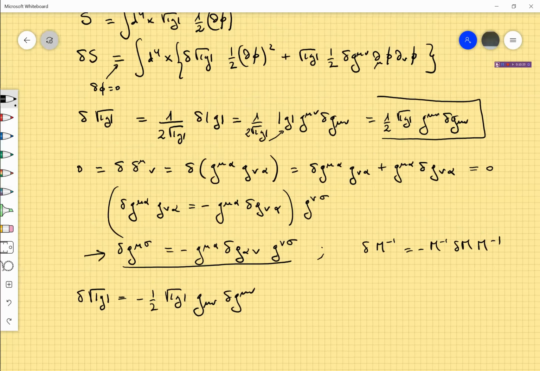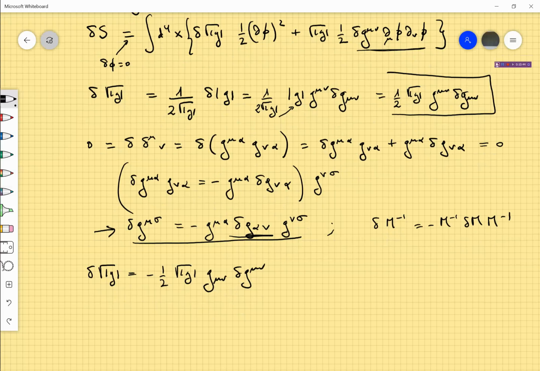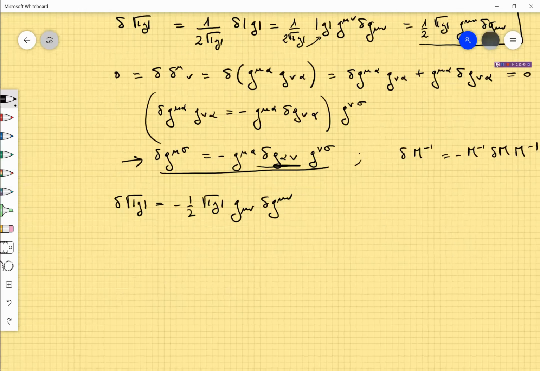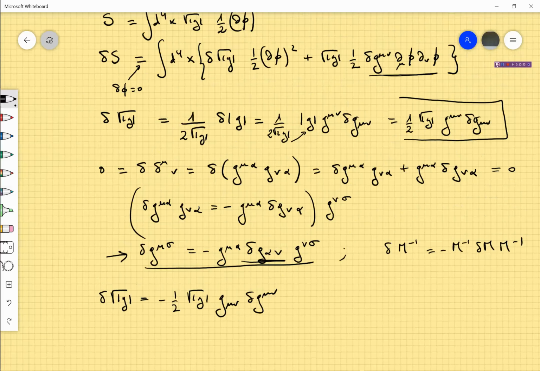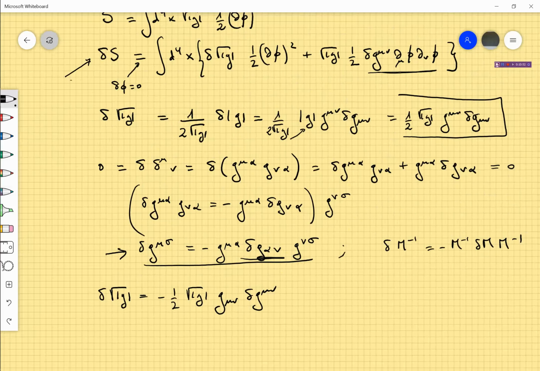It is a bit simpler because you see that if we vary with respect to delta g_{alpha beta}, we are going to get more terms here. So we just vary with respect to delta g^{mu nu} with indices up, and substituting all these results here,